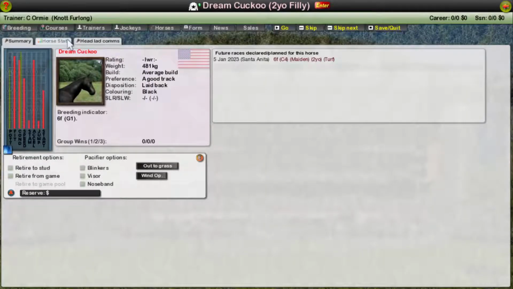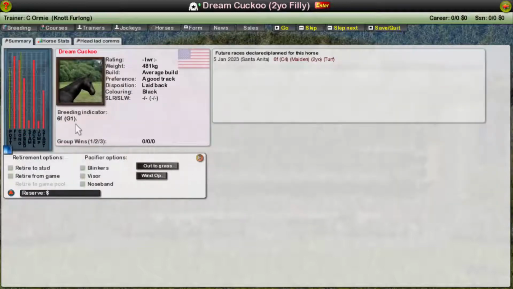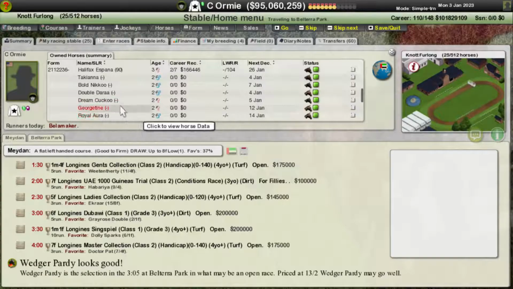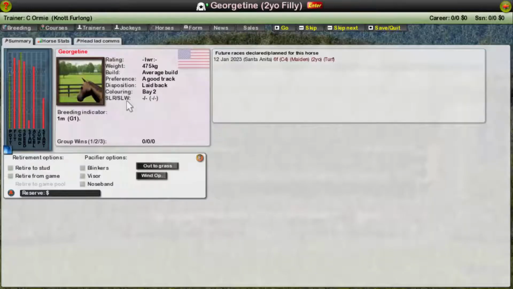Dream Cuckoo, again, a little slow in places, a bit laid back. Hit and miss, extra speed, not full finish, not cruising burst. Doesn't have distance adaptability, is going to be a sprinter. I mean, it's Black Cuckoo's line. It's going to be a sprinter more often than not. We bred it out in cases, but not all the time. George W. and...